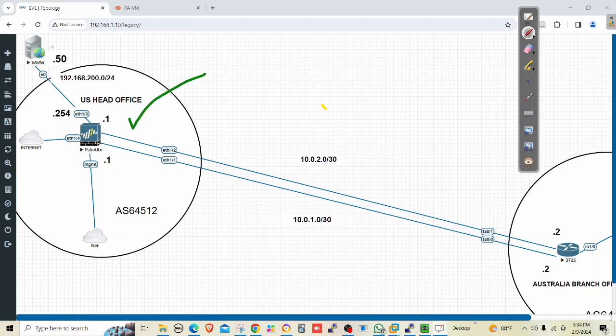and here I have a web server. So I need to advertise that network. Let's say we have a branch in Australia, an Australian branch office, so that's what we need to do. So here, initially, let me configure this